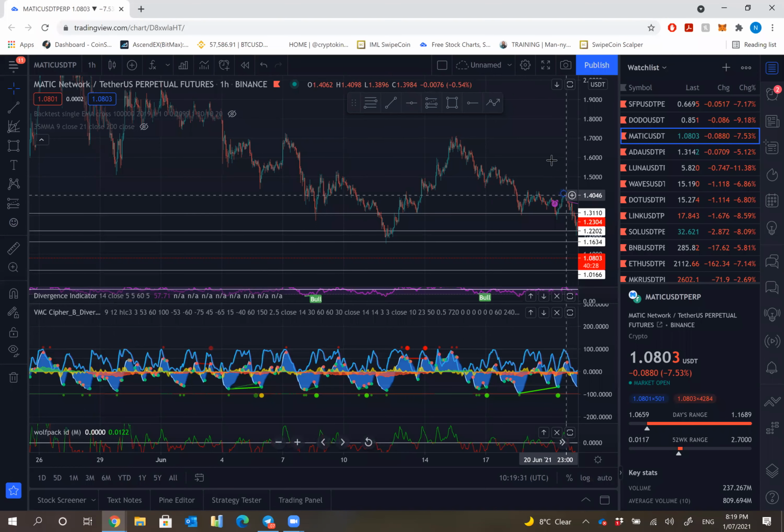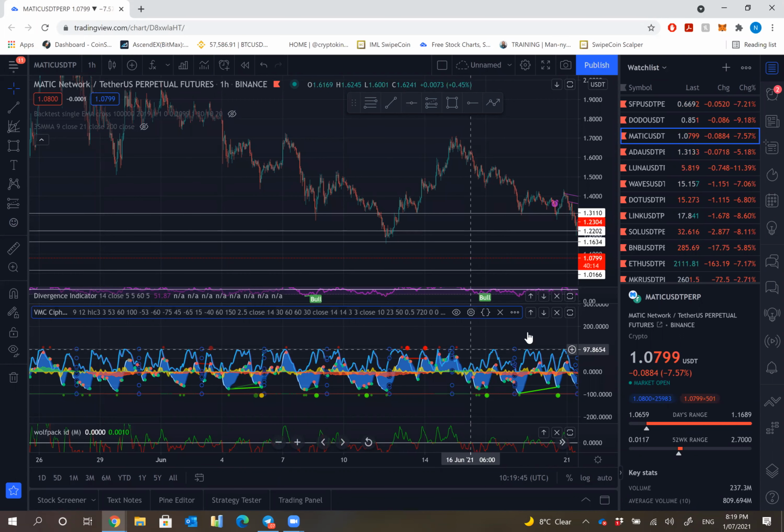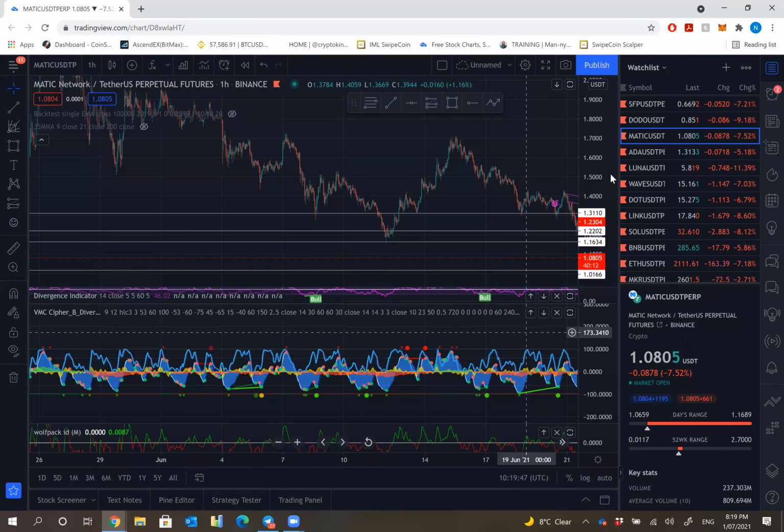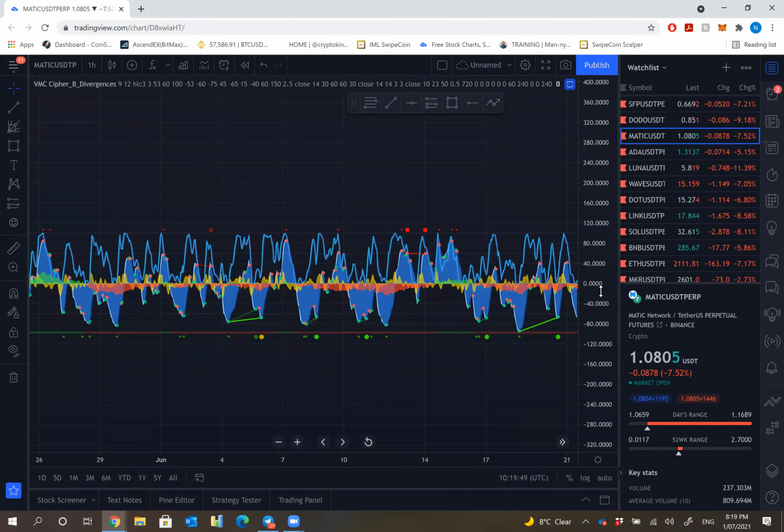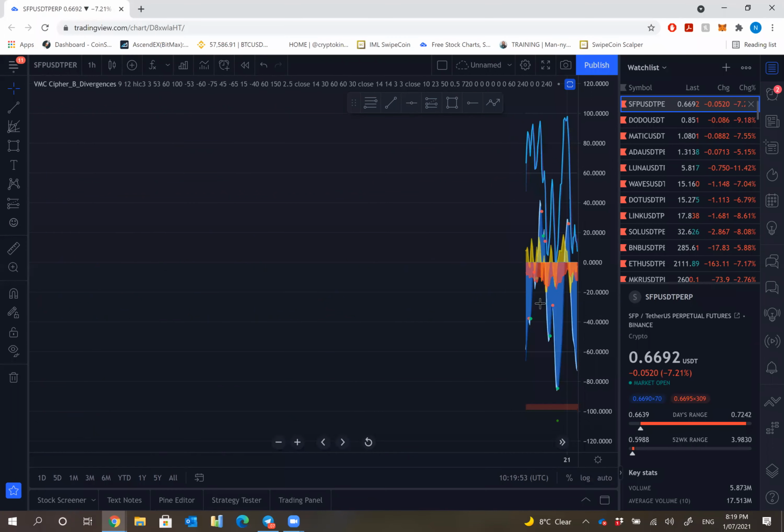Another thing that you can do if you just want to look for entry points, or if you're not confident with your charting itself, is double click on your divergence indicator and sort through coins based on their